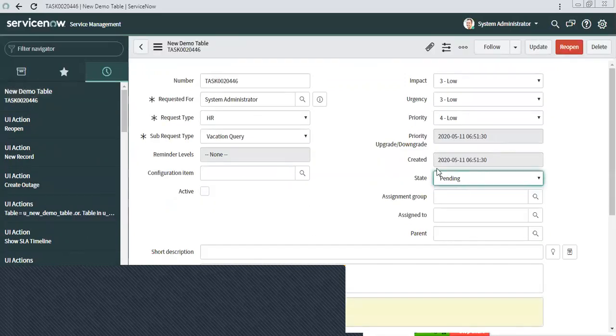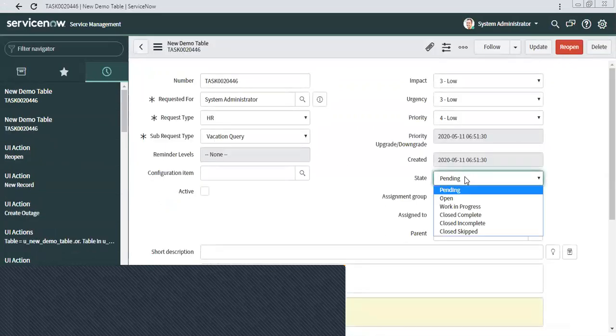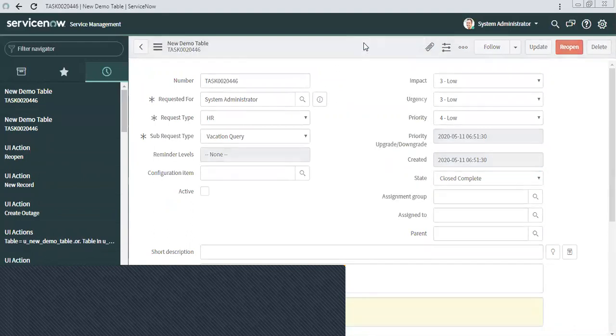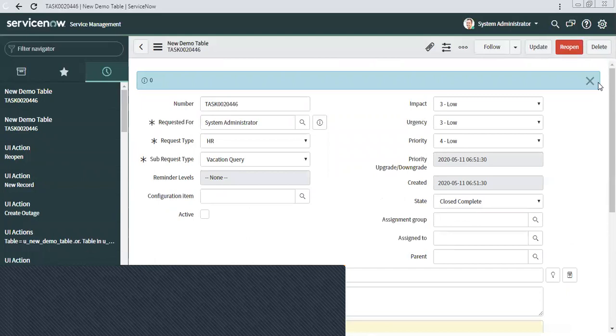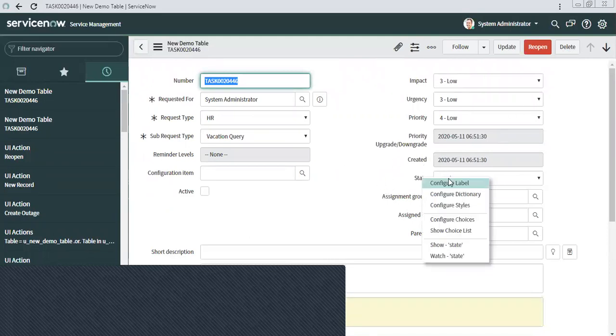I will first mark this. One thing did you observe? When it is in pending, when it is in work in progress, every time it is available, right? It should always be, once it's closed complete. So that is a condition, right? That's why you need to put the correct condition as well. It should not be visible to anyone, right? So all those things you need to put.